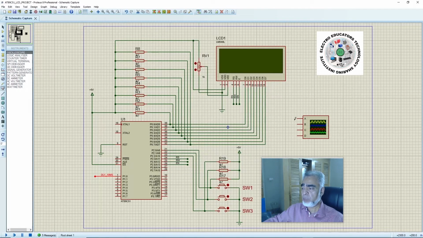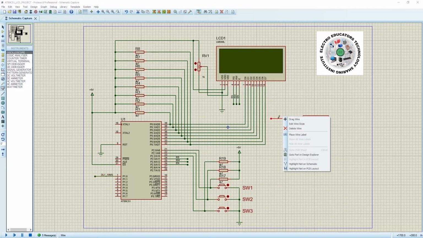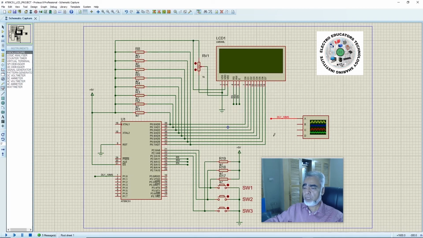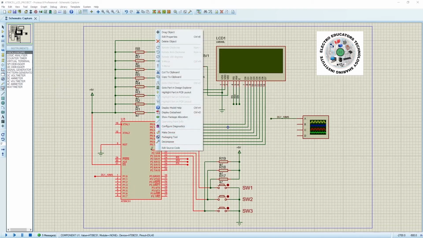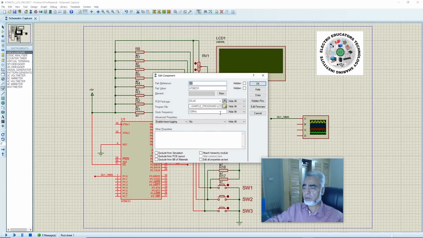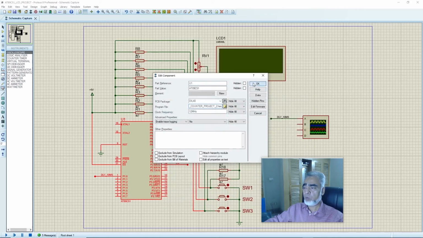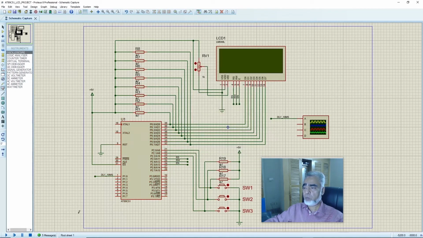And here we'll assign the label to the oscilloscope channel A. Place the wire label. We can select the label from the list, and now we will load the new hex file to the microcontroller. And here we have our new file, LCD counter project 2. Okay, and now we'll run the simulation,